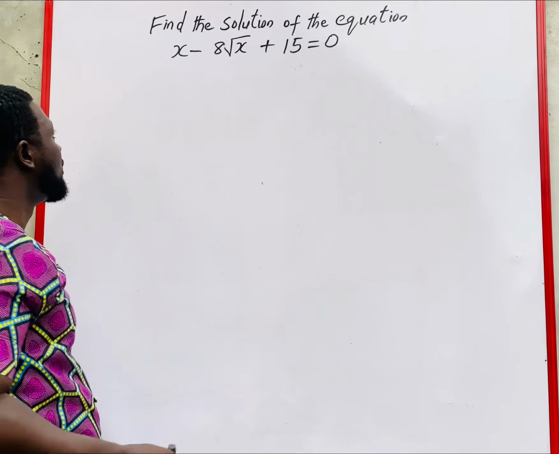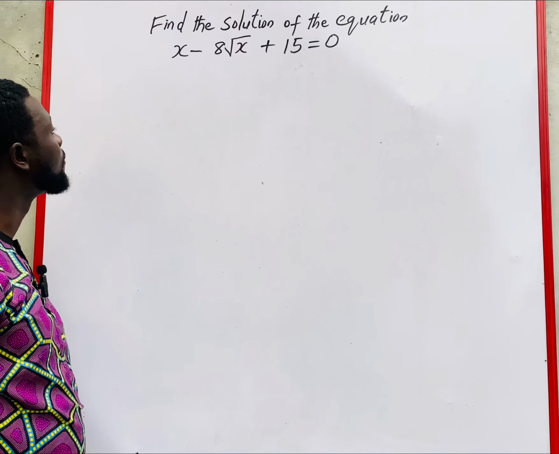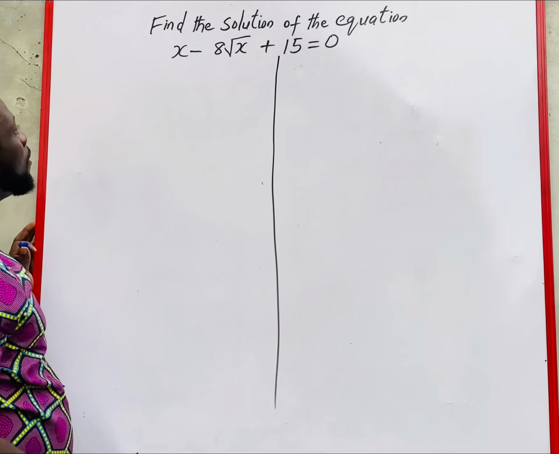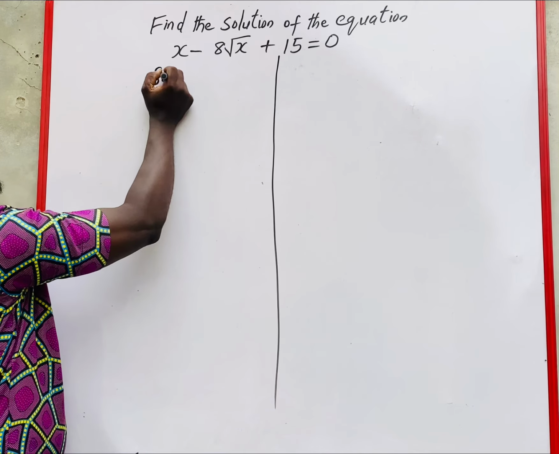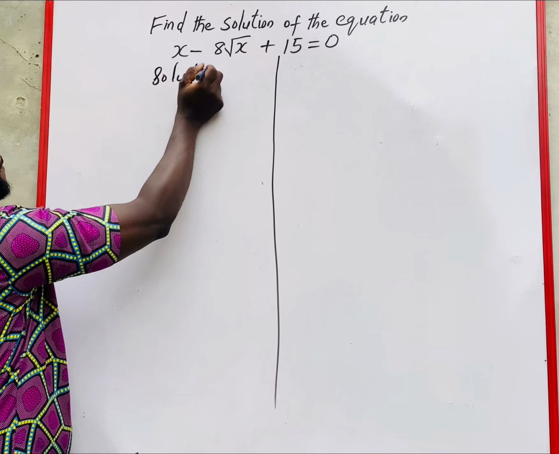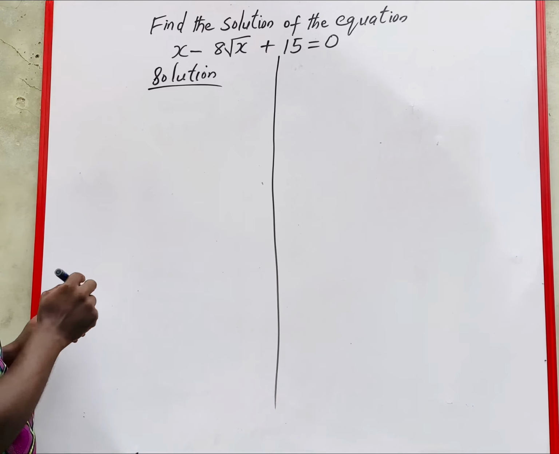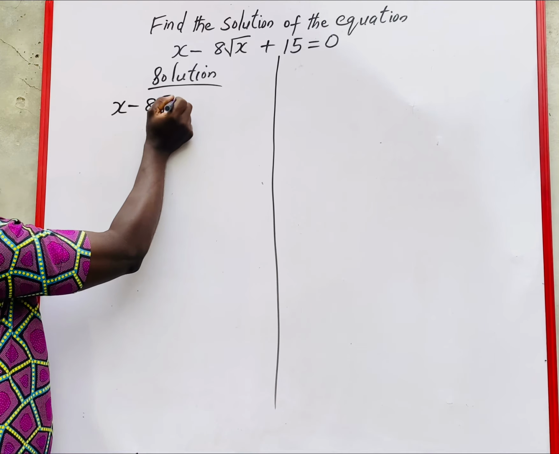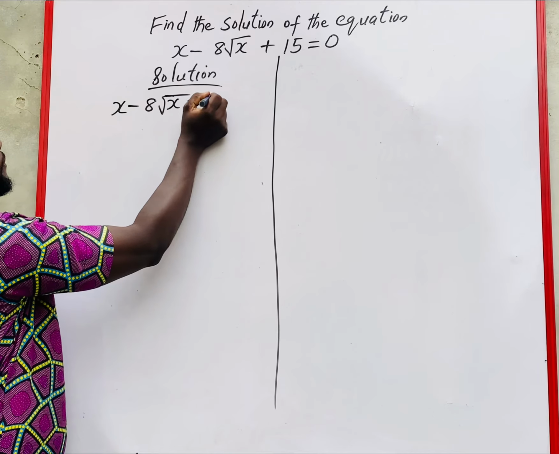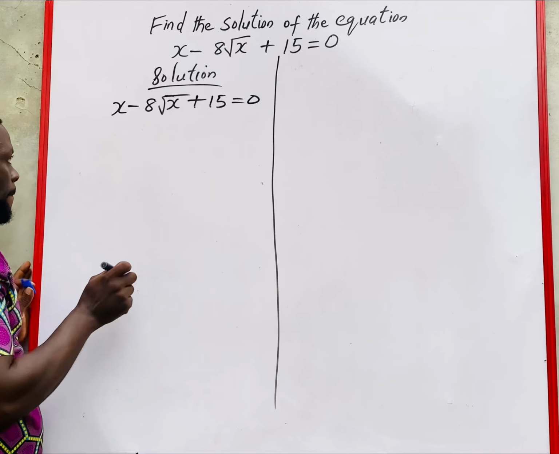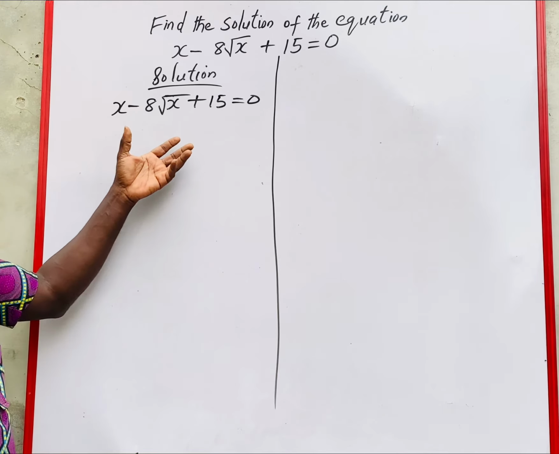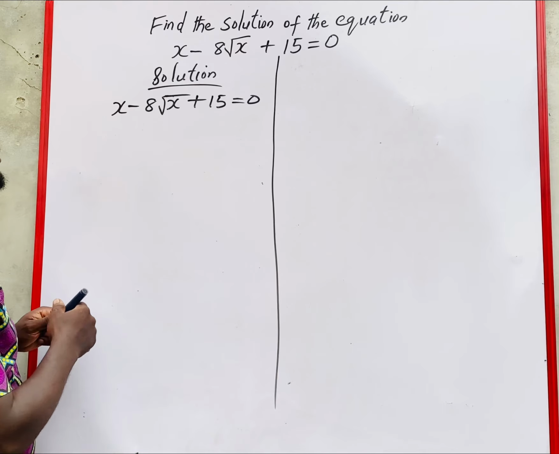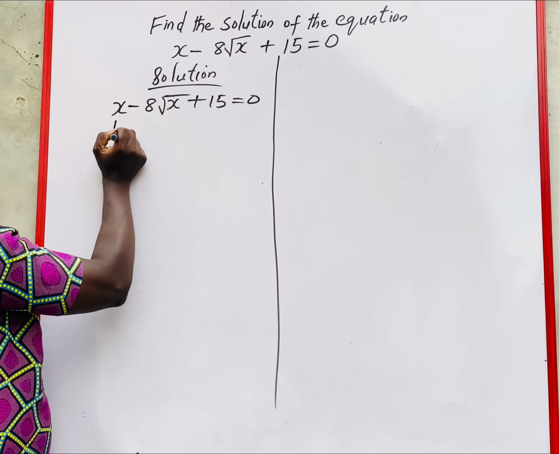All right, quickly, let's check the question. All right, solution. The question says x minus 8 root x plus 15 equal to 0. So we should find a solution of the equation. So quickly, let's go. The first thing you do is say let